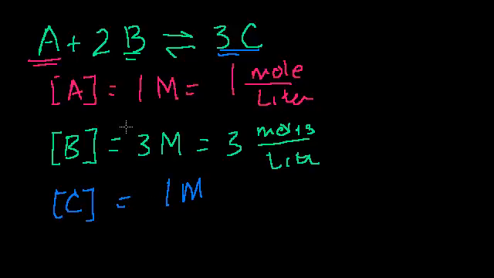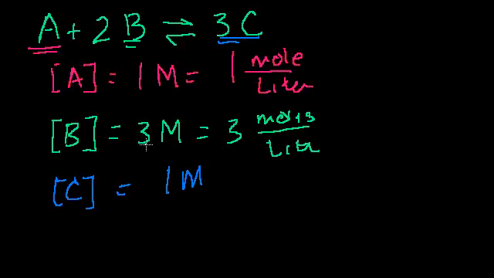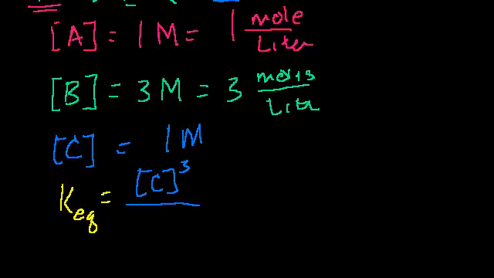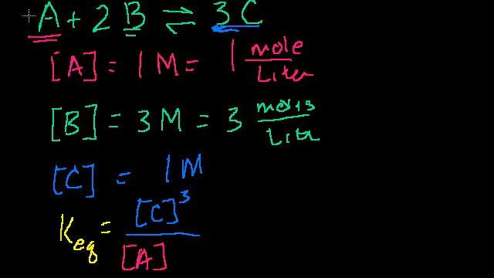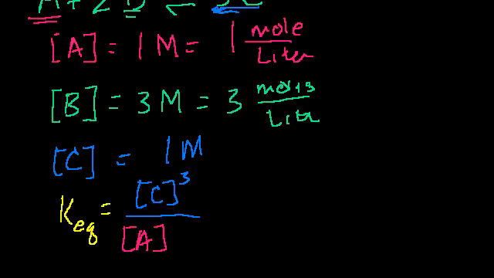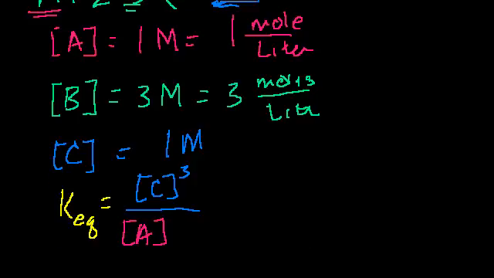So if we wanted to calculate the equilibrium constant for this reaction, we just take the concentration of C. The equilibrium constant is equal to the concentration of C to the third power, divided by the concentration of A to the first power, because there's only 1 mole of A for every 3 of C and 2 of B, times the concentration of B to the